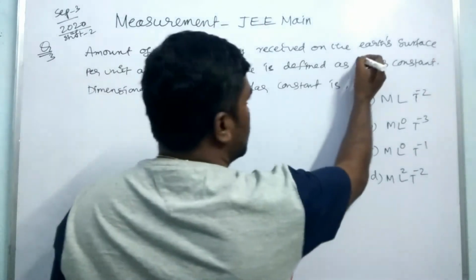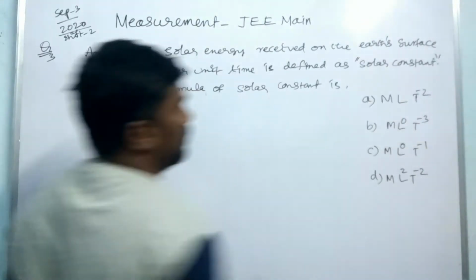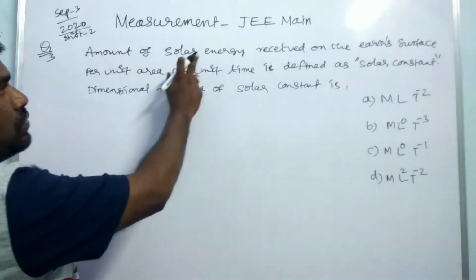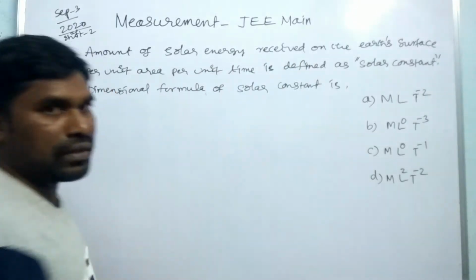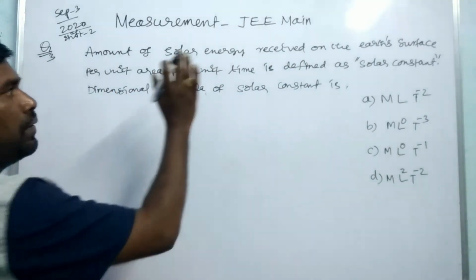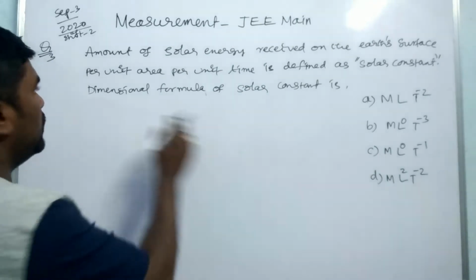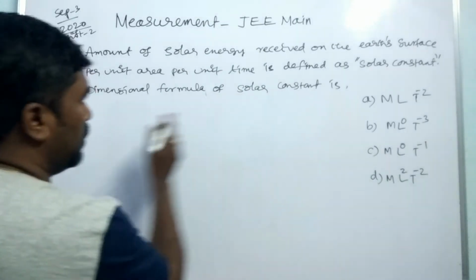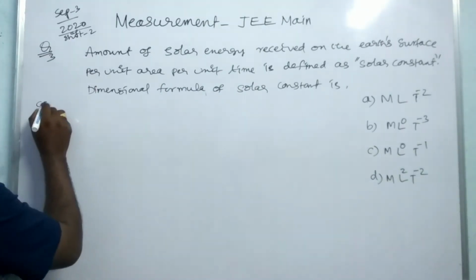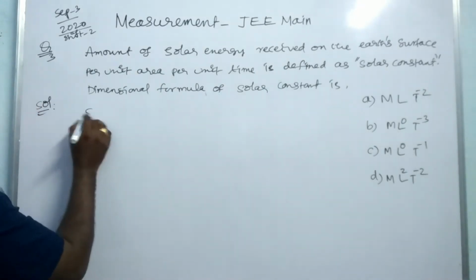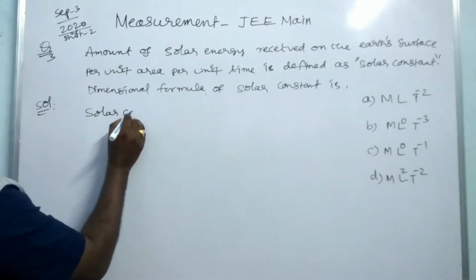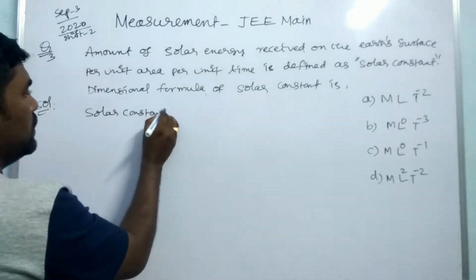So solar constant is defined by the amount of solar energy received on the Earth's surface per unit area per unit time. Okay. So now, the dimension formula of solar constant. Right. So what is the solar constant here? Solar constant, it is equal